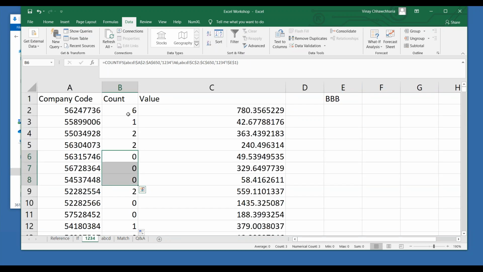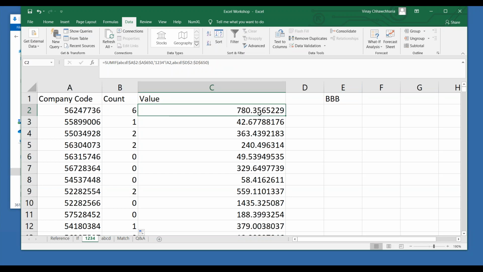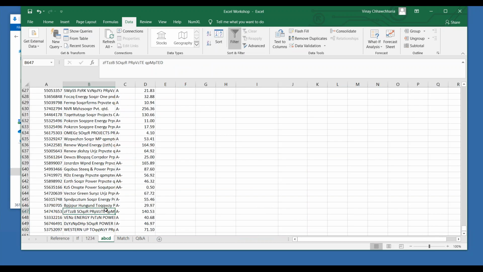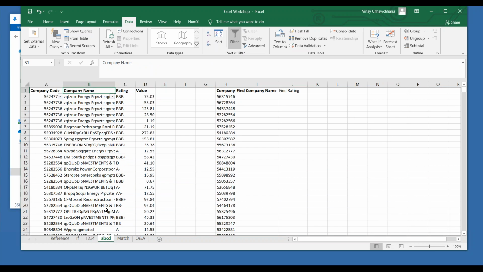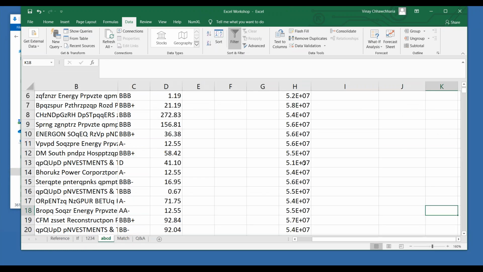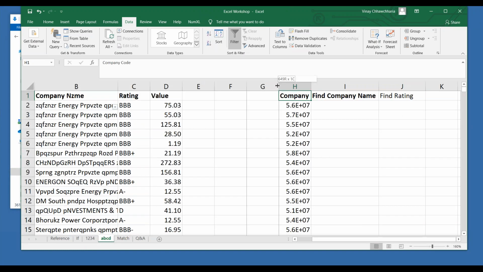Then we moved to SUMIF, COUNTIF, and also we saw COUNTIFS. Similar to COUNTIFS, there is SUMIFS also, just that the number of conditions increases. With this, we are done with SUMIF, COUNTIF, and referencing. Now let's move to VLOOKUP. Now everyone has heard of VLOOKUP, I am assuming. Not that VLOOKUP is very complex, but it helps you make your work easy in day-to-day life.